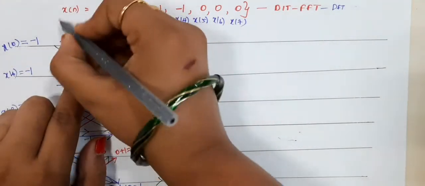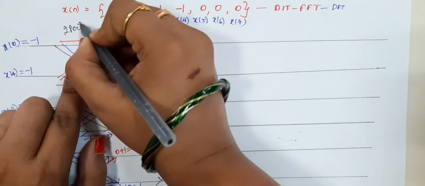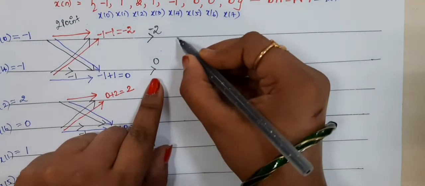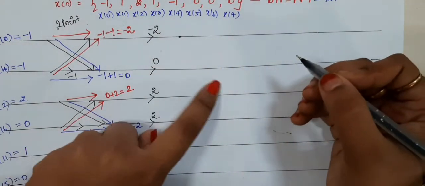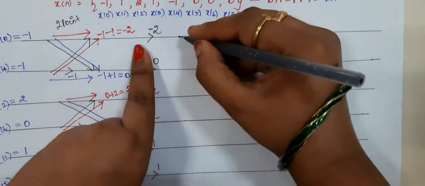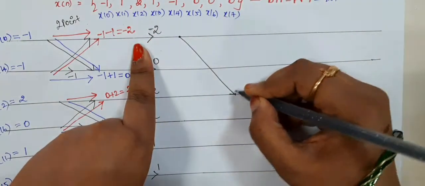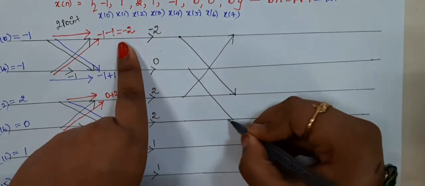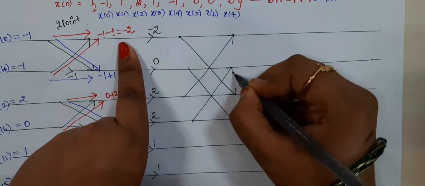Okay, this is 2 point, this is 2 point, and then we are going to draw the 4 point. So 4 point, how will you draw? It will come from here, so it will come from here and it will go here. Likewise for here, so this is your 4 point.